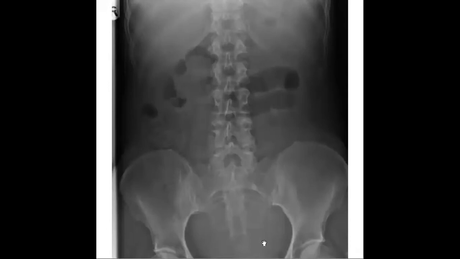So the clinician sent you the request, and he did this X-ray, and you agree, and try to describe. So this plain frontal radiograph of the abdomen,